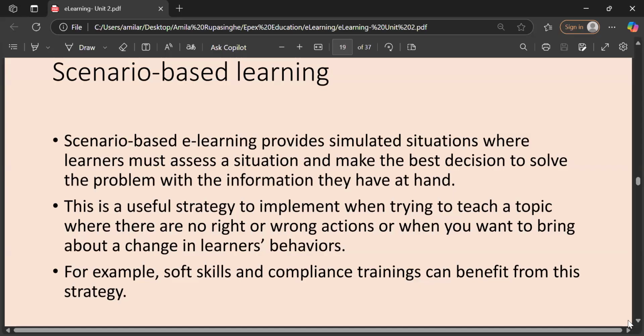So if we want to teach soft skills like teamwork, respecting others, helping others, empathy, to teach them that kind of soft skills, right? We can give them some example scenario, right? Then we can explain how the person in that scenario works and what their suggestions are, your suggestions, and we can just brainstorm them, right?